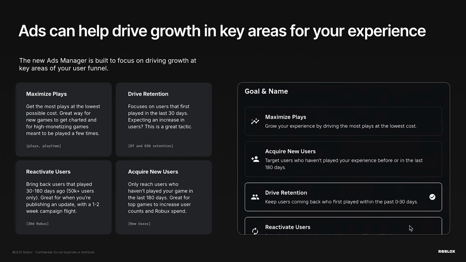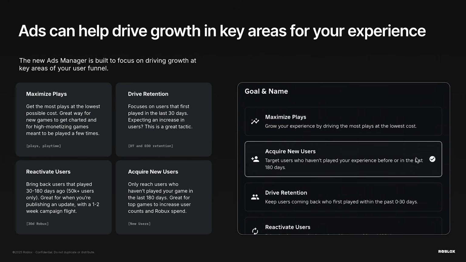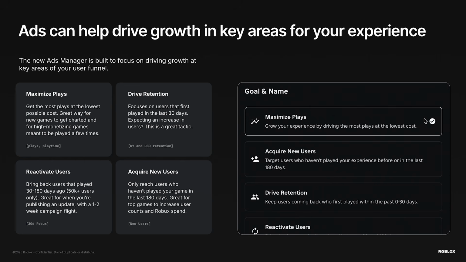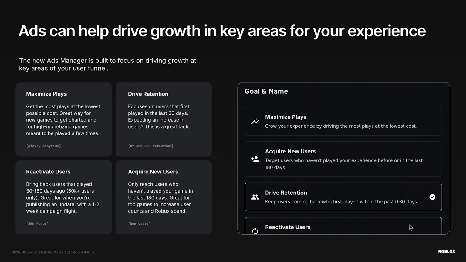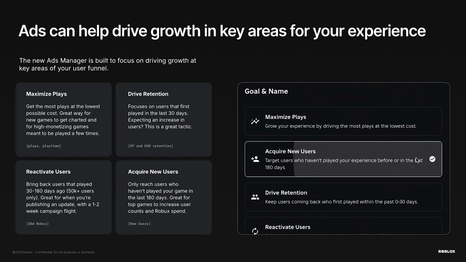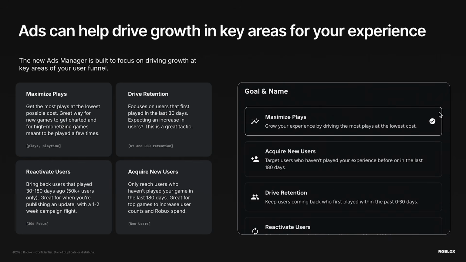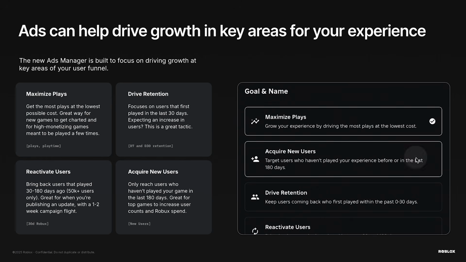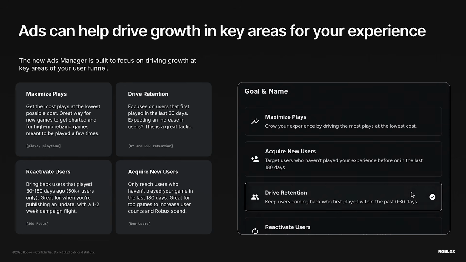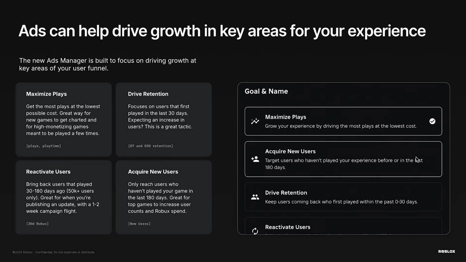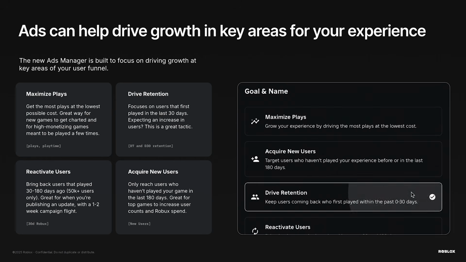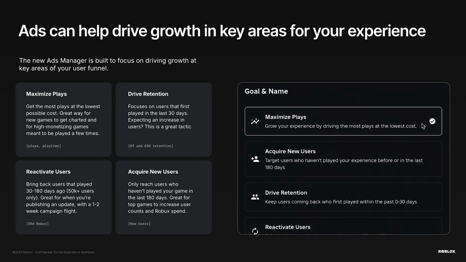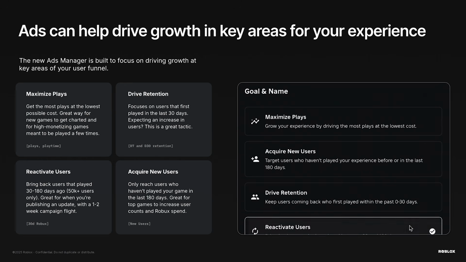Then, after a month or so went by, I realized, hey, some people haven't played in over 30 days. How can I bring these people back? I was publishing game updates. I was improving the game dynamics and game mechanics in the experience. But I also started a reactivate user campaign. And so those campaigns can really help bring back people who have churned or who have lapsed. So people who haven't played in a while. So now I had 3 campaigns going. Acquire new users, bringing people in with a unique set of thumbnails, a drive retention campaign, bringing people who have recently played back, and a reactivate campaign, bringing back people who have churned or lapsed.